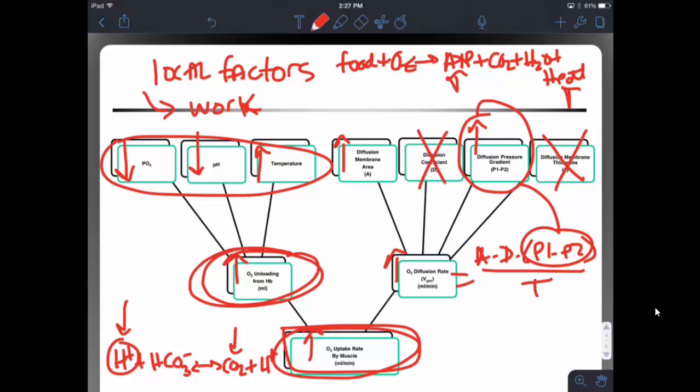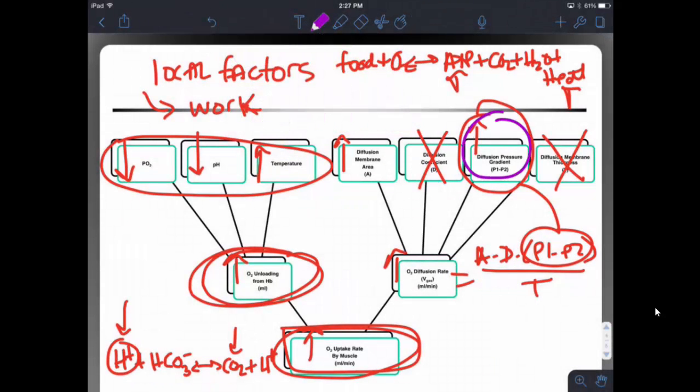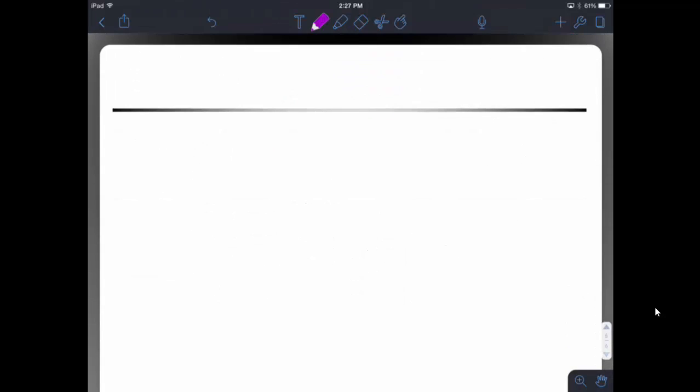So let's talk about the last two factors that are going to come off the top and how they come in here to here and here. Alright, so there's your local factors. There's the diffusion rate, which we talked about. Alright, so the last two factors we're going to talk about. Another factor coming off of the top of your map